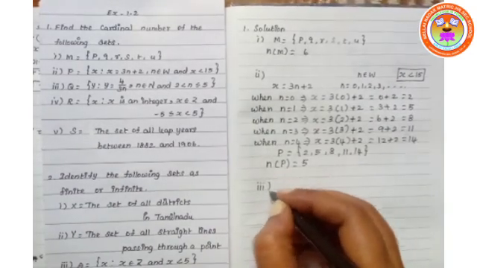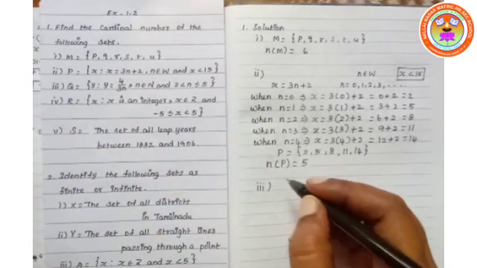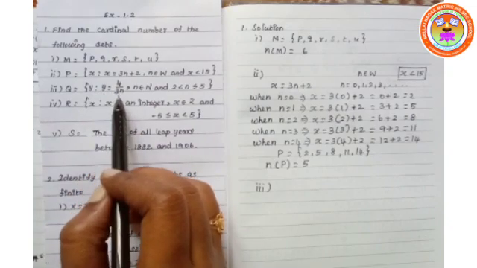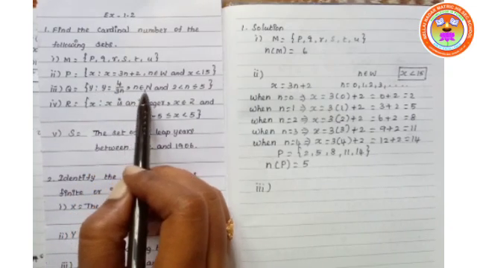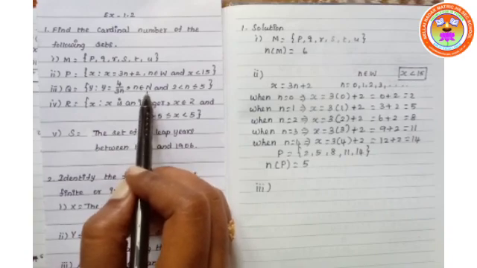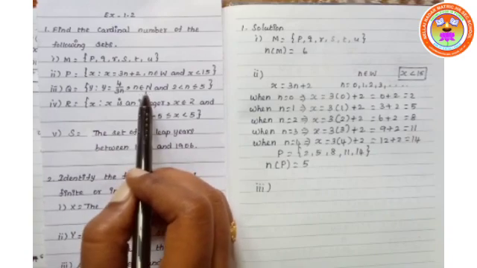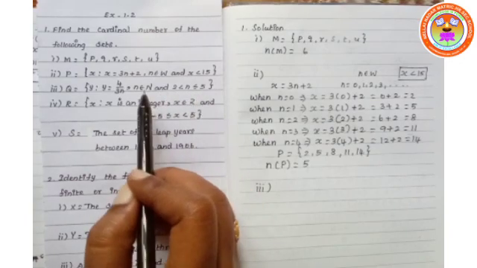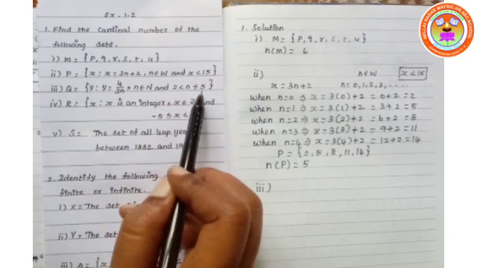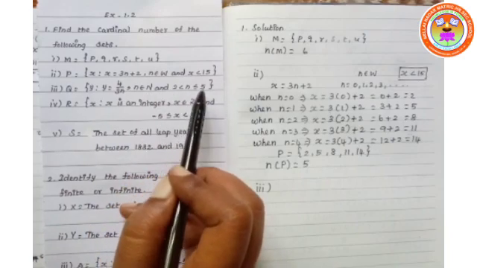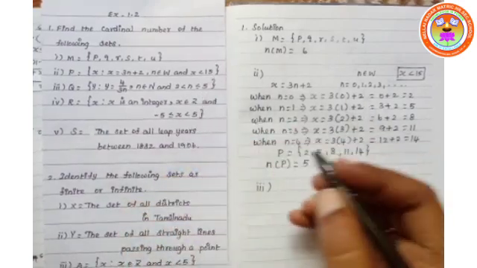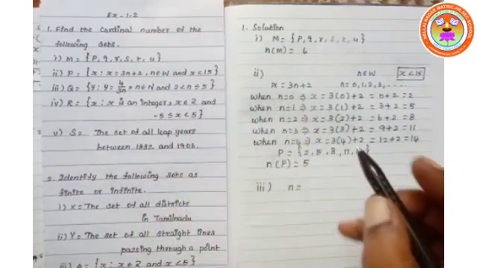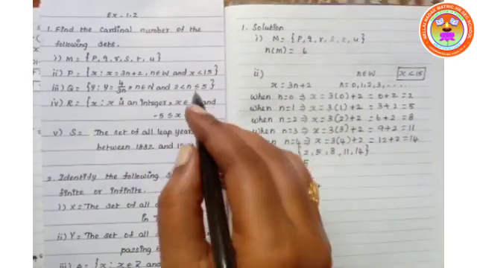Now the third one, see the question. Q is equal to set of all y such that y is equal to 4 by 3n. And here n belongs to N, capital N, set of natural numbers. Natural number starts with 1, and 2 less than n less than or equal to 5. You have to take the natural numbers lies between 2 and 5. Here less than or equal to is given, therefore 5 also. So value of n lies between 2 and 5. So 3, 4 and 5 also.